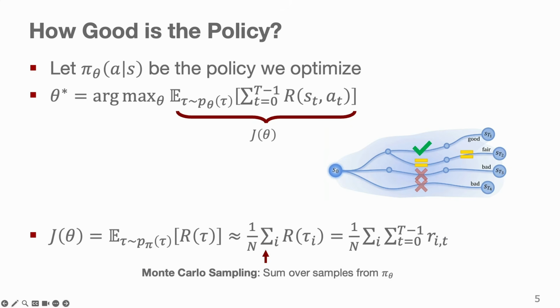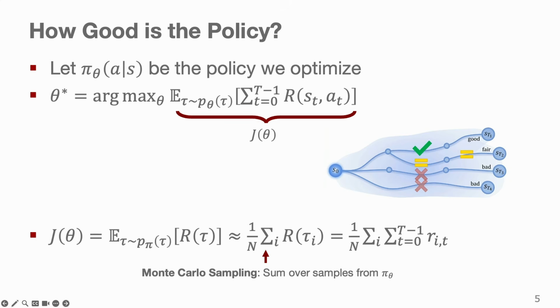Okay, so let's say that we are starting to parameterize our policy with theta, and we first want to understand how good it is. We cannot just inspect our network weights to determine this. This diagram captures this intuition. From the same start state, some trajectories are good, some are middle, and some are bad. And obviously, we want our policy to put more probability on the good ones.